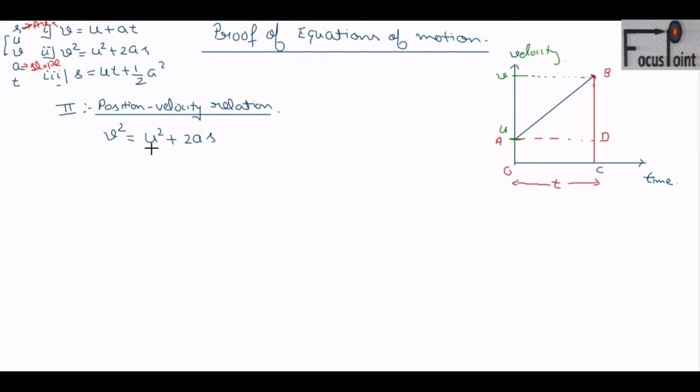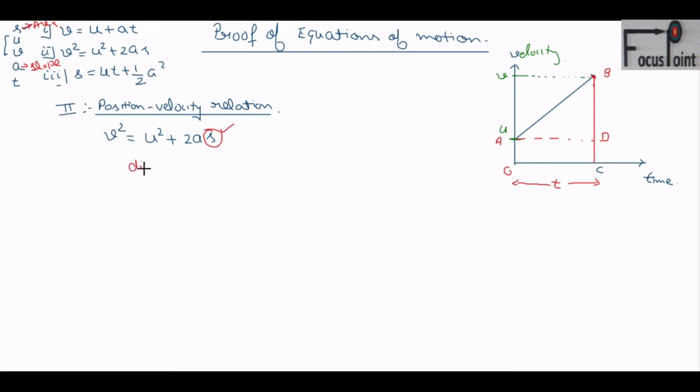Okay, so just see from the equation, again I am telling you, u and v you will get from the vertical axis, not a problem, and you have to calculate a and s, acceleration and displacement. The acceleration relation we have already done in equation number 1. So only displacement is left. So we will start our proof from the displacement. I will highlight from where you have to start the proof of the equation from the displacement.